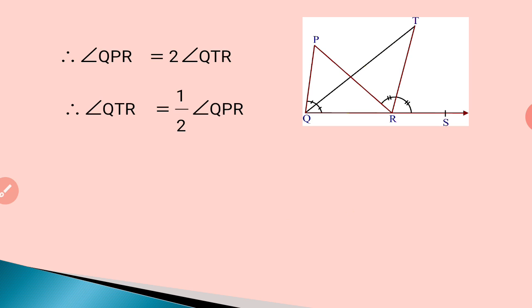So we have been using so many properties and theorems which we have studied about lines and angles. We already know that lines and angles are an integral part of geometry. We must study all these things thoroughly.